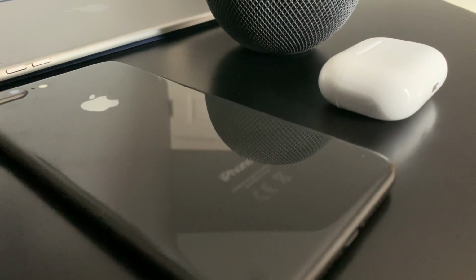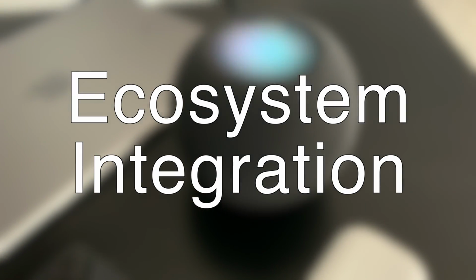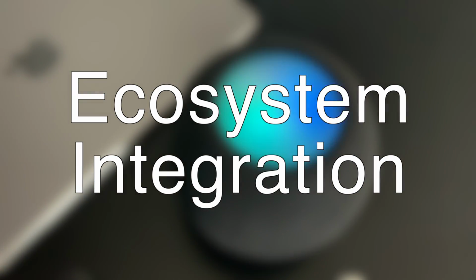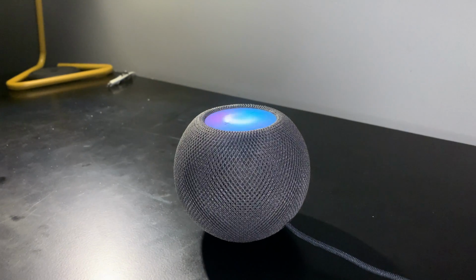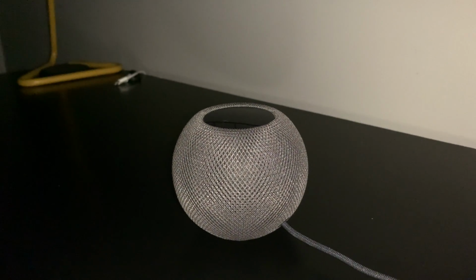Lastly, we will talk about its integration with other Apple products, which is probably the main reason to buy it for many of you. First, it offers HomeKit integration, allowing you to control all your HomeKit accessories just by using Siri on the HomePod, which is always listening. Speaking of Siri listening, the microphones on the HomePod mini do a really good job when